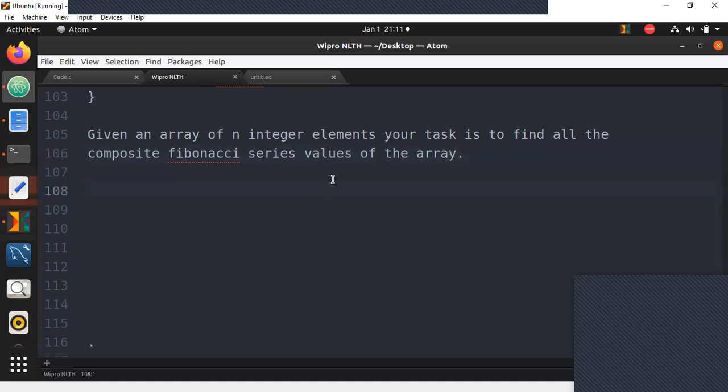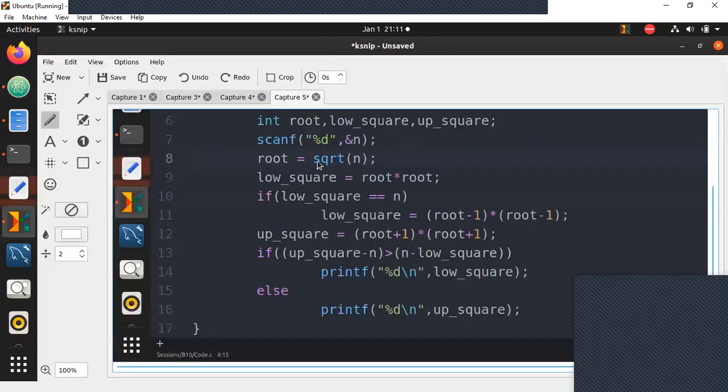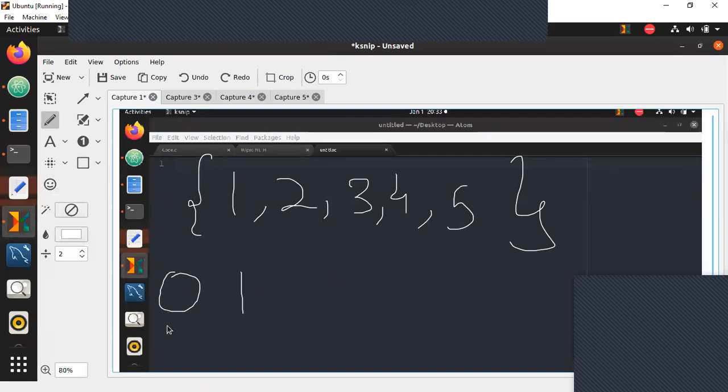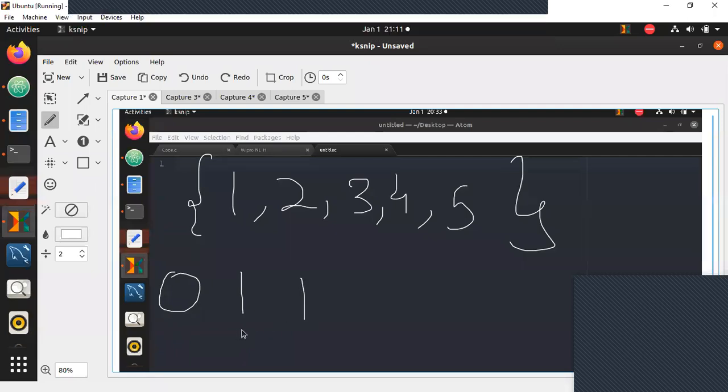So let us start with this from basics. Let me take one example. Let's say we have an array of 1, 2, 3, 4, and 5. Now you guys know the Fibonacci series. It starts with 0 and 1, and the next number is the sum of the previous two numbers. That is 0 plus 1 you get 1, then 1 plus 1 you get 2, then 1 plus 2 you get 3, then 2 plus 3 is 5, and so on.